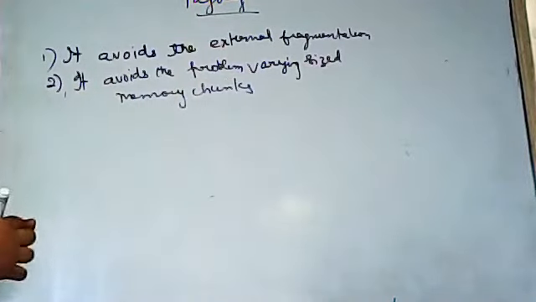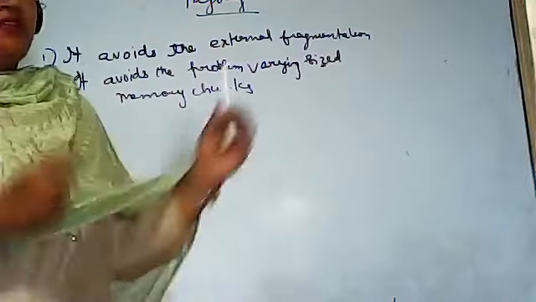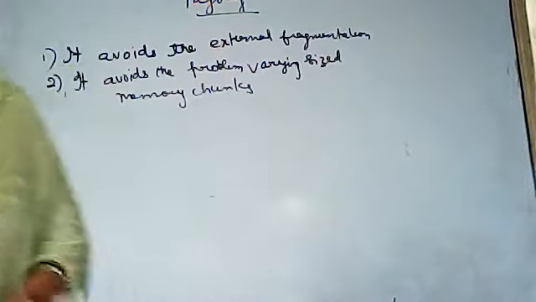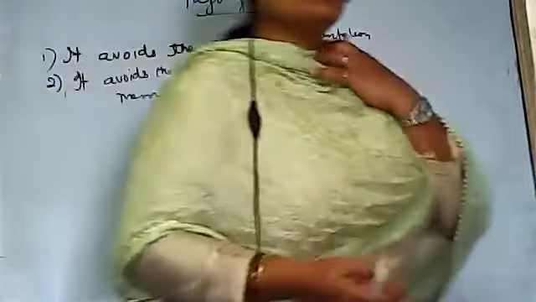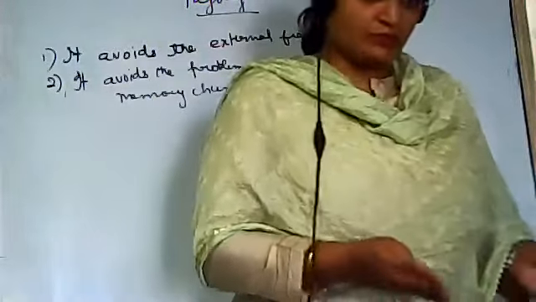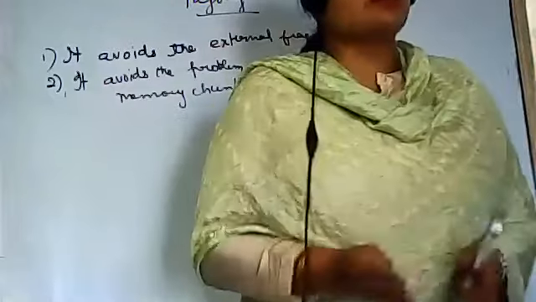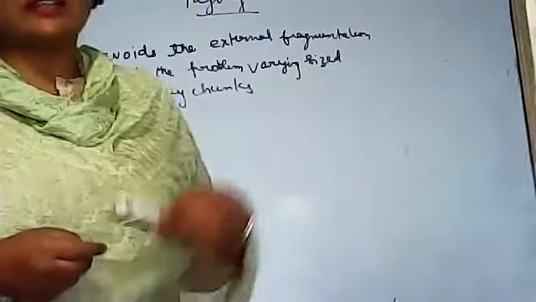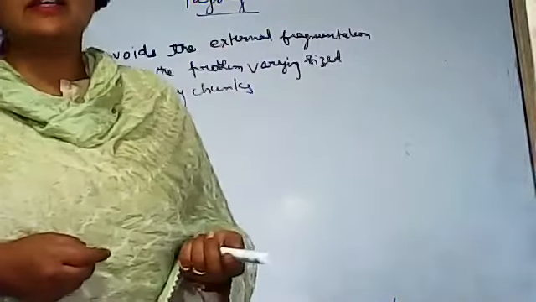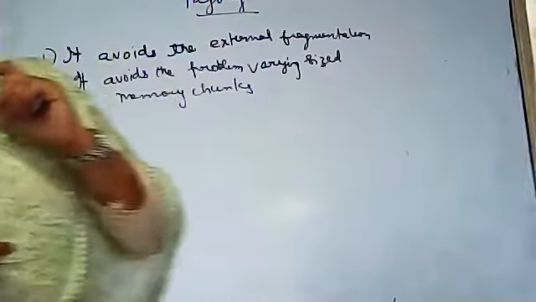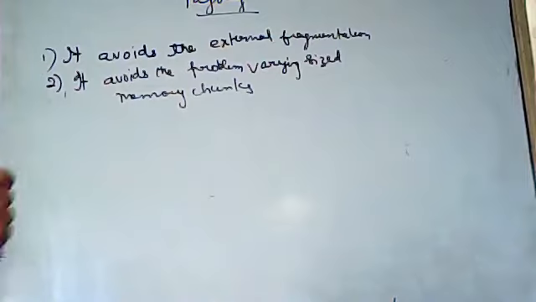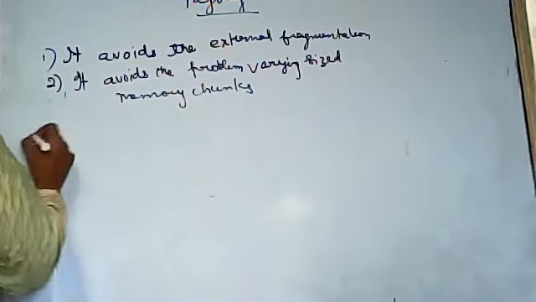So segmentation में problem थी, there was a problem like one segment will be of 400 KB and another segment will be of 200 KB and a third segment will be of 300 KB or 1000 KB. But in case of paging, all the pages will be of the same size. But what will be the size? So what the system has decided is to divide the physical memory into fixed size blocks called frames.